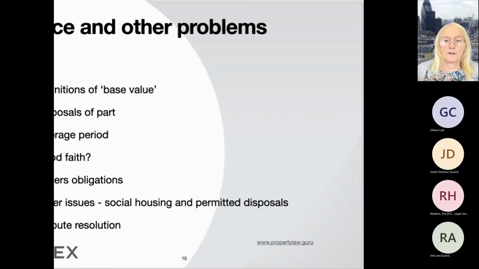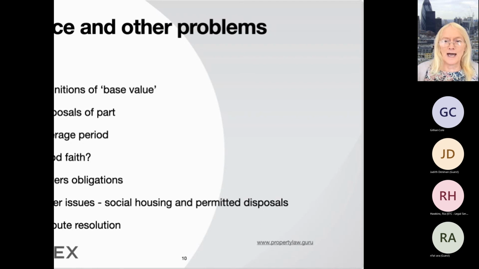Also, the buyer will want to exclude from the definition of disposal the grant of a mortgage that the builder will have to enter into to get the finance, perhaps development finance, to build out the land.